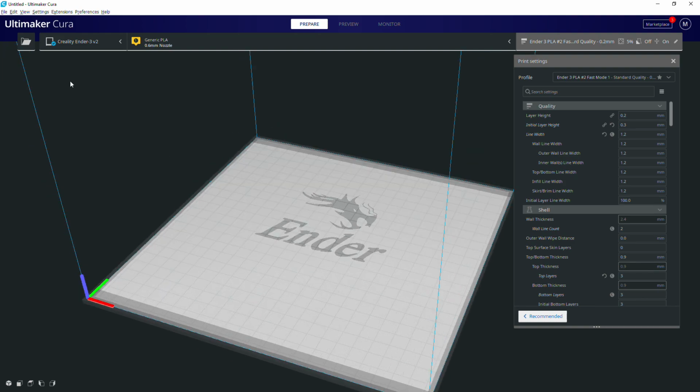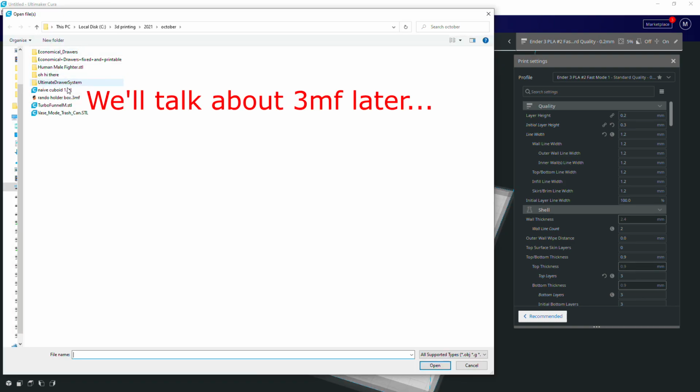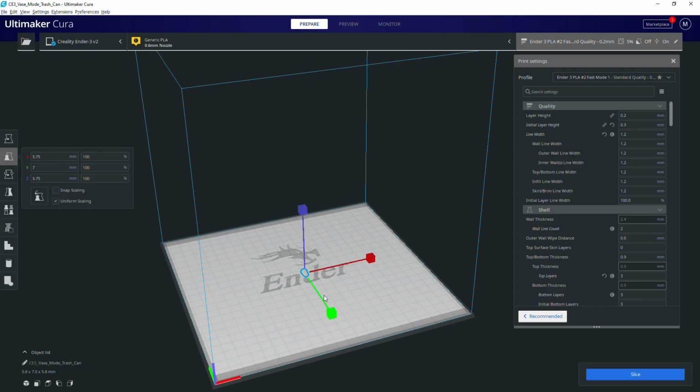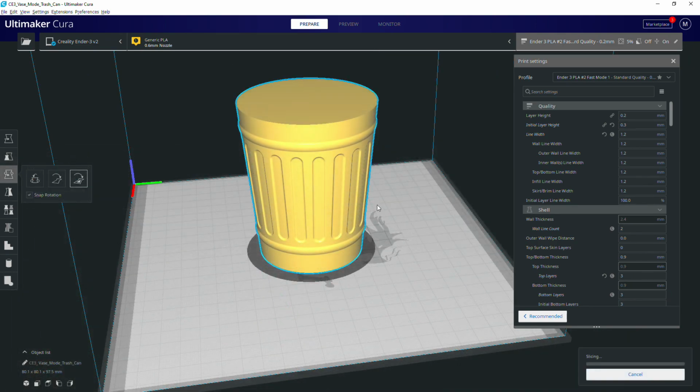When we 3D print things, we load an STL or 3MF file into our slicer and we choose some settings based on what we've used before or what we understand, or maybe just a preset. And then we click Slice, and then we export to G-code one way or another.